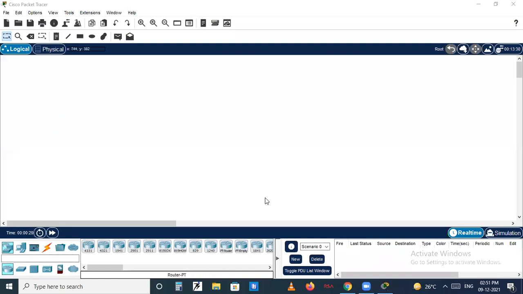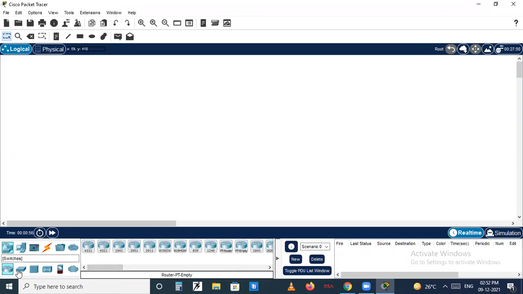Here, this is the Cisco Packet Tracer. Here you can see different devices, like these are network connecting devices, or network devices. Once you click here, you will see this is the router. Is my cursor activity visible to you? Yes, sir. This is the router. Once you click on router, you will see different types of routers.